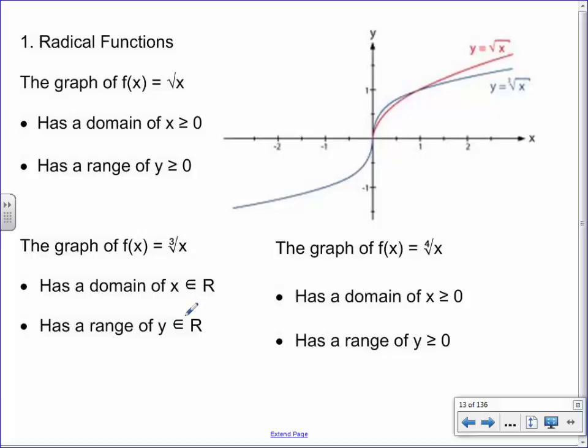If they give you 4th roots, well, it's kind of similar to how we learned about even and odd functions and polynomials. Really, a 4th root is back to looking like a square root again, where you can't have negatives under 4th roots. Right? But you can have negative 5th roots. Can't for 6th, can for 7th. So I don't expect you guys to get 4th roots. As far as I understand, they really only want to do square and cube, but you should be able to extrapolate. If I talk to you about a ninth root, you should know that ninth roots can be negative. I don't know why I'd ask you about a ninth root, but